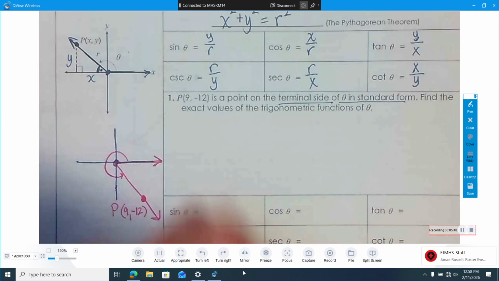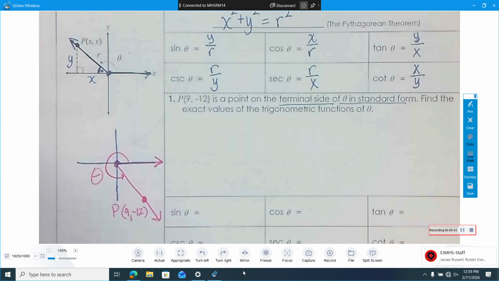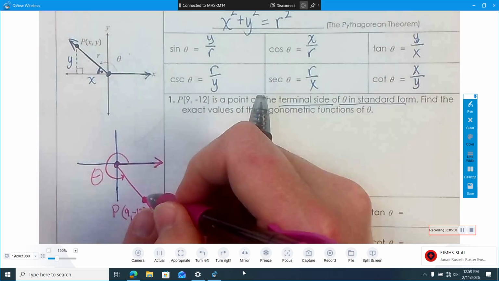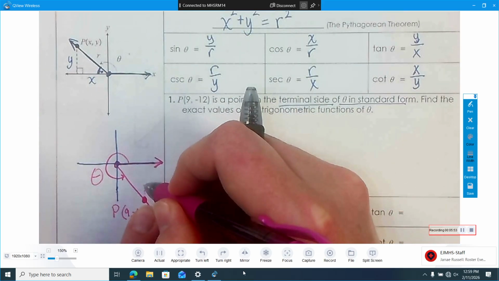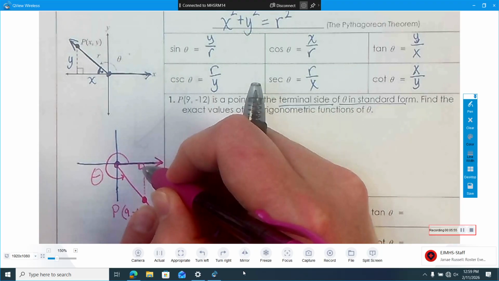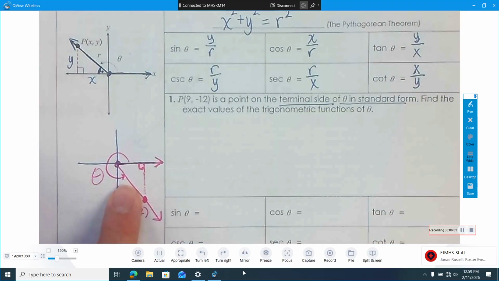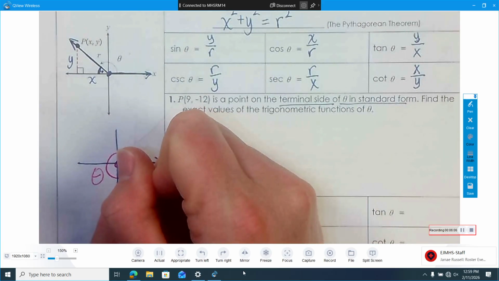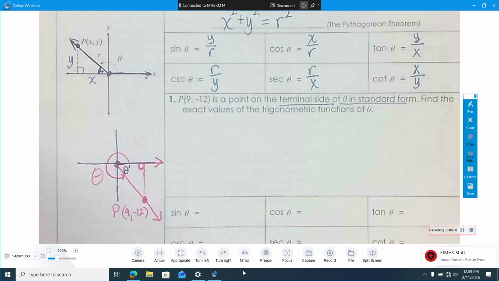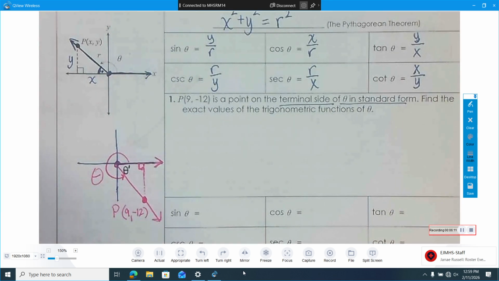What I need to do, here's my angle theta. That is the whole thing. It's a huge angle. It's bigger than 270 degrees, right? Okay. So what I need to do is I'm going to drop an altitude to the x-axis. We always drop that altitude to the x-axis, and that's going to create my little acute reference triangle. You'll see it denoted as theta prime. That little angle closest to the origin is now our little reference angle that we're going to use to reference